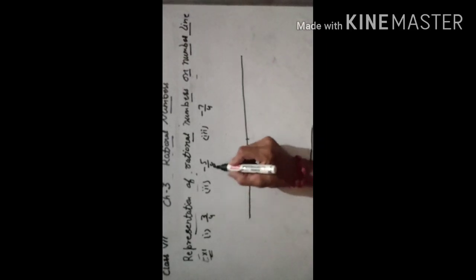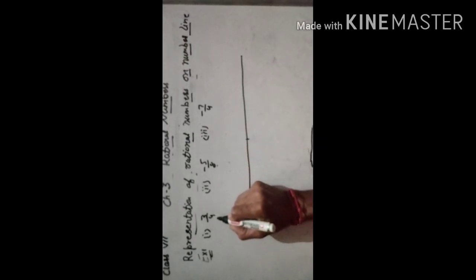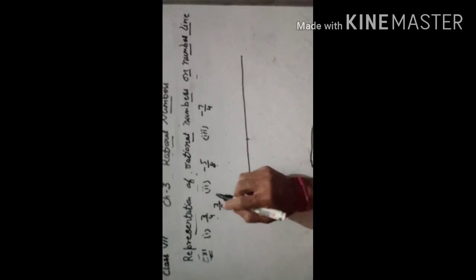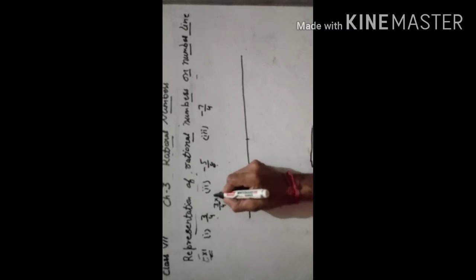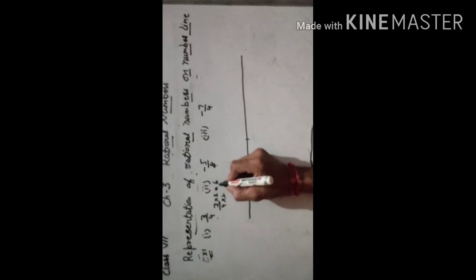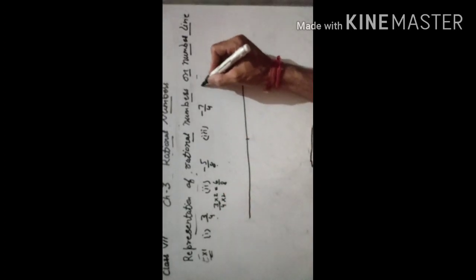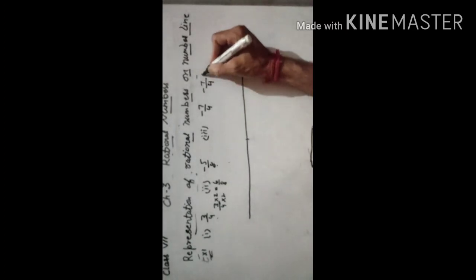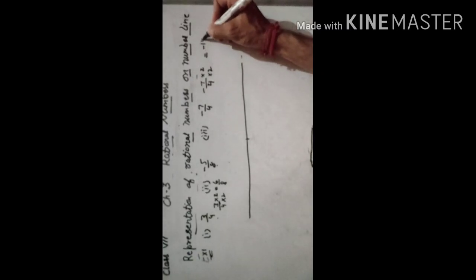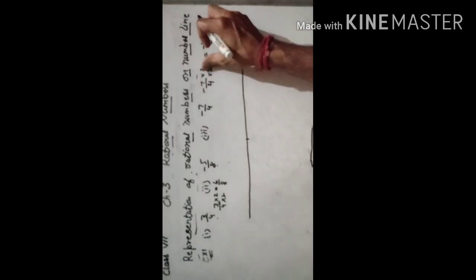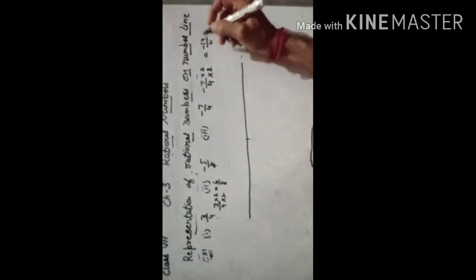If we have to represent all the three numbers on the same number line, then what do you have to do? First of all, the denominator is 8 here. Make this denominator 8 by multiplying with 2. 3 into 2, 4 into 2, that is 6/8. Now the number is 6/8, and here -7/4 into 2 into 2, it becomes -14/8. 4 2s are 8/8.